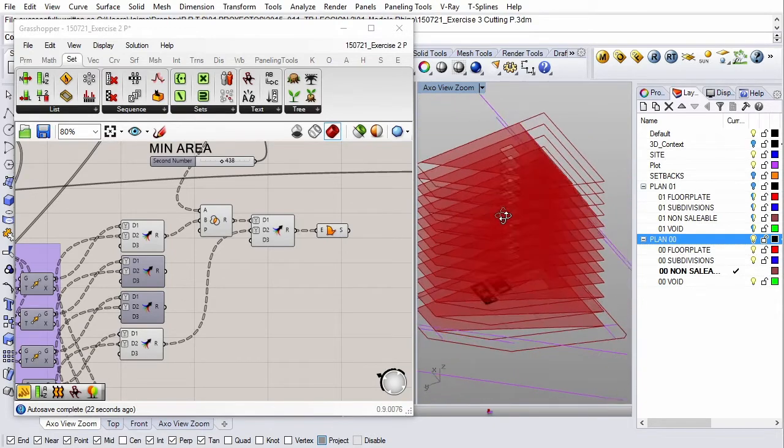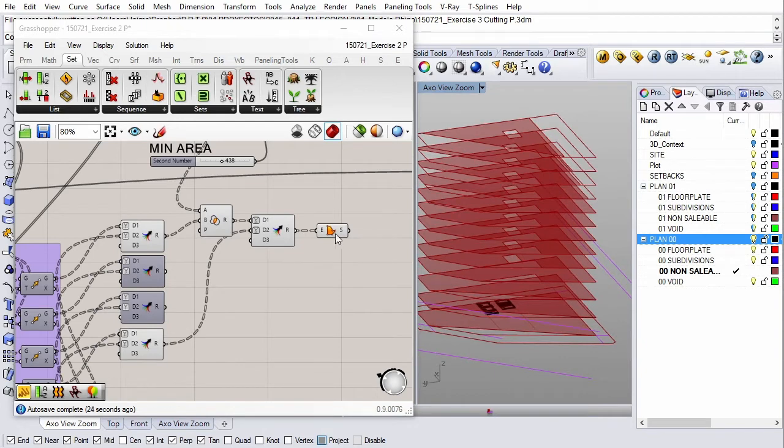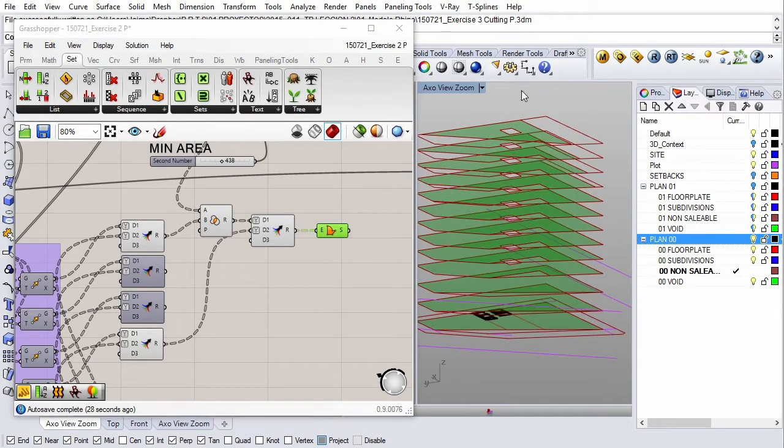But we want to go a bit further as well, because when we sketched per plan, then we get voids that are basically extrusions that are the same all the way up. What if we want to create a cut into the surface that is changing vertically?